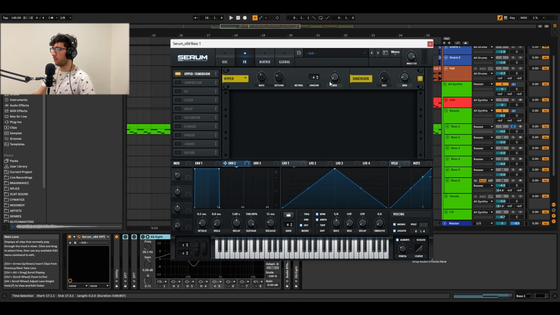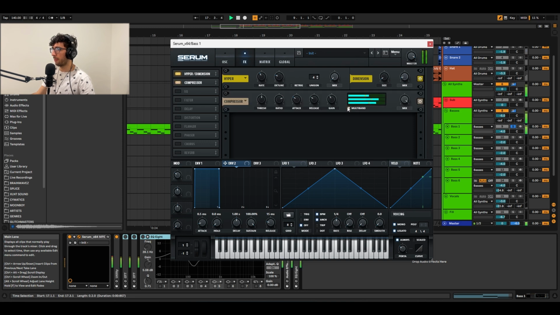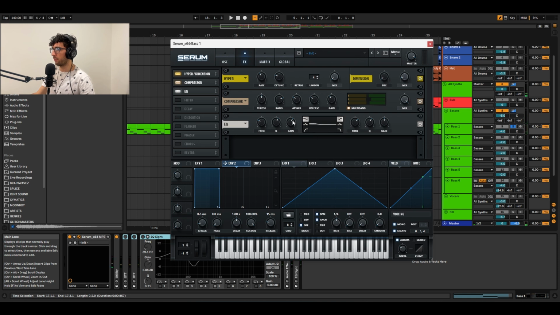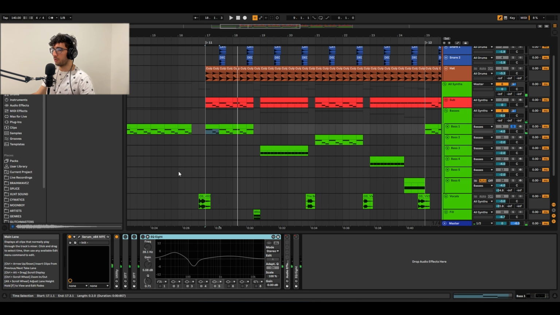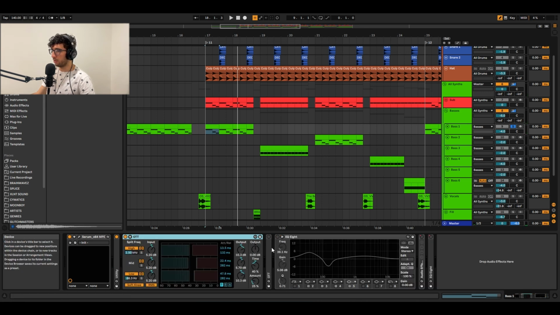Then on the effects, I have hyperdimension, compression, EQ, boost in the low end around 5 dBs, frequency 150, and this filter. Cut off that value in there. That's for the patch. Then I enable 2 OTTs,